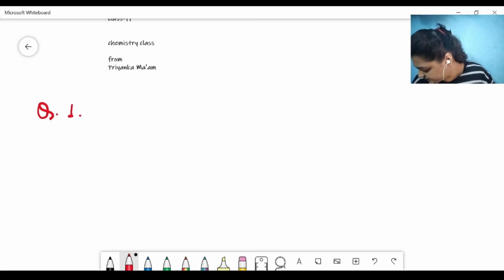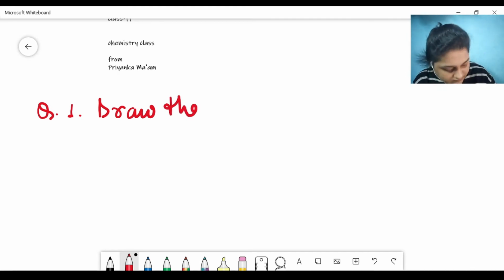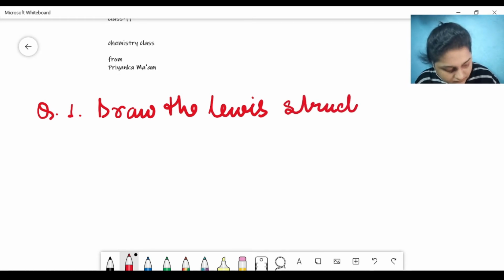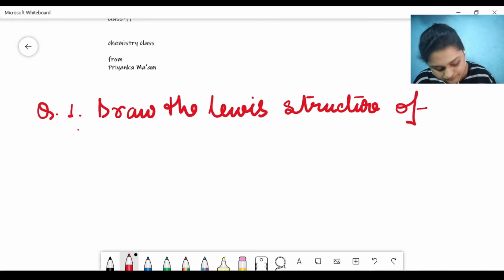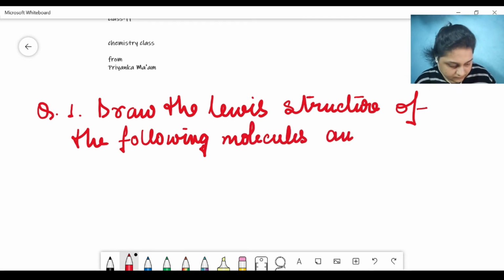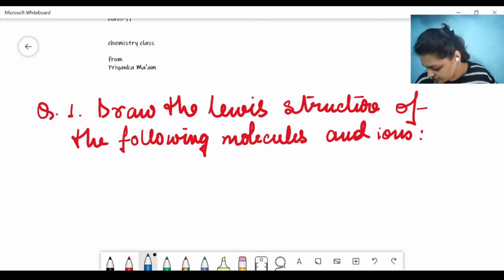The question is saying that draw the Lewis structure of the following molecules and ions. The molecules and ions are